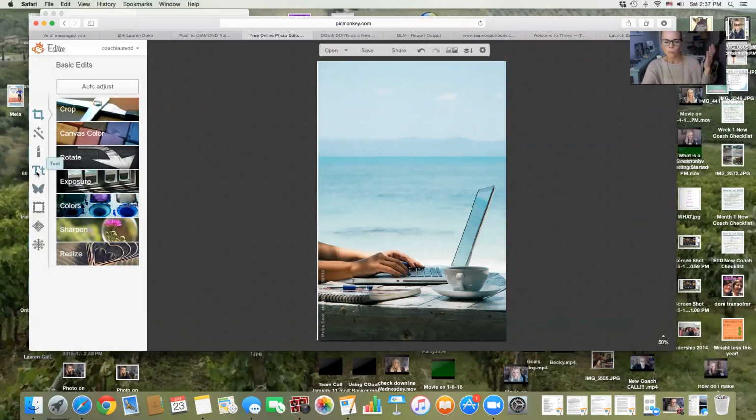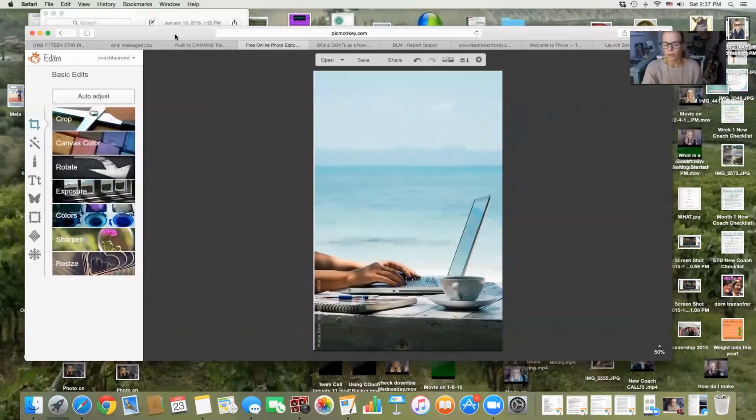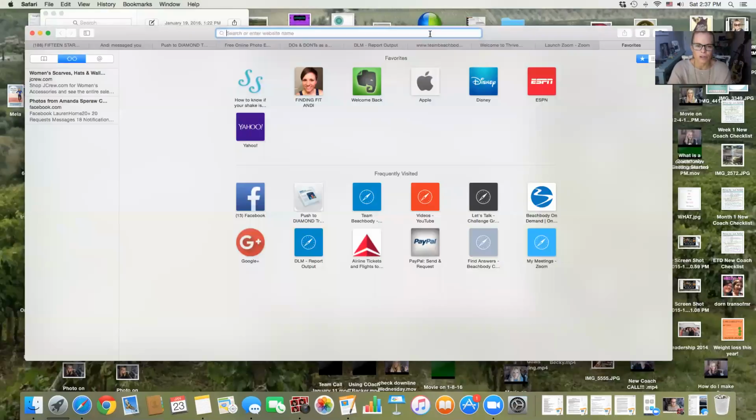So this picture is meant to inspire, right? And so what I do is I try to think about what's the message that I want to share by sharing this photo. And what I want to say is something about your job can be your dream, or travel can be a part of your job, or you can work from wherever on your own time, something like that. So something that I do often is I'll just go to Google and I'll just say,